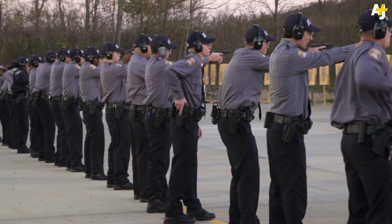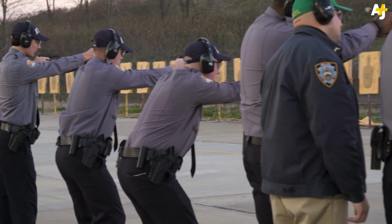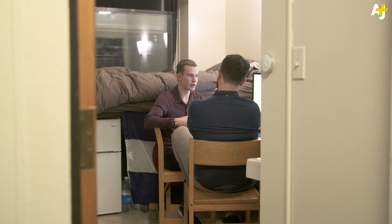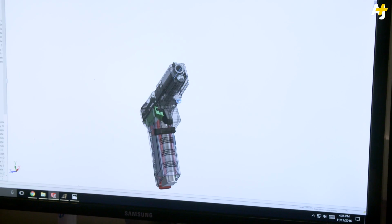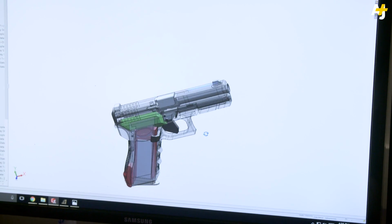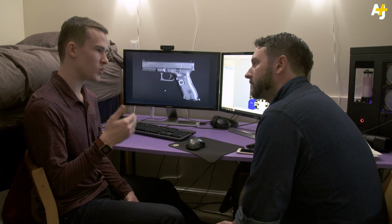If law enforcement does move forward with testing out smart guns, it would be a major step for supporters. But for many, this strategy simply delays adoption by the public, where they say the real crisis is. What inspired you to make a smart gun? For me, it started as a combination of a couple of different things. This was right after the Aurora Theater shooting. And so I was looking for a science fair project, and there's a lot of reasons why we need change